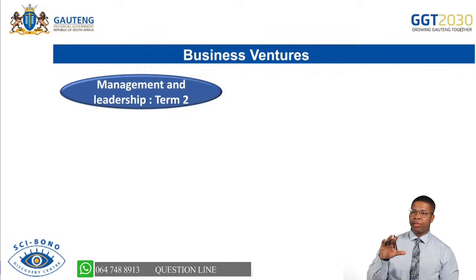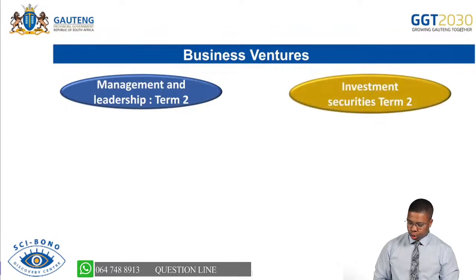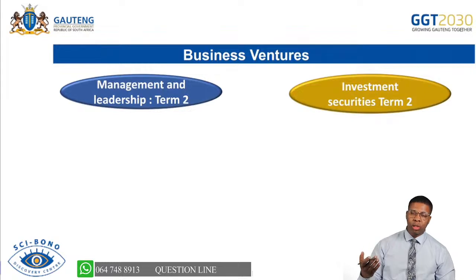Remember, we have 5 leadership styles, and we also look into what? The theories of leadership, and there you have 3 leadership theories that you focus on, and you also have to look into the personal attitude in influencing successful leadership. And then we also have investment securities, where you look into the functions of the JSE, factors to be considered before